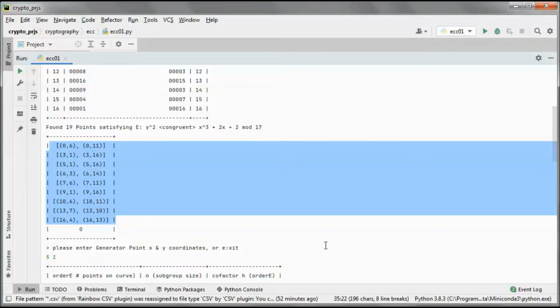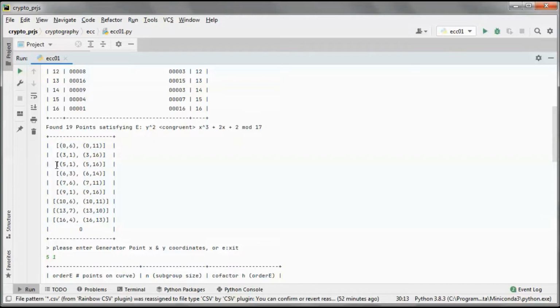So if we pick any point here, it will end up generating the entire group, and we picked this point 5 1,